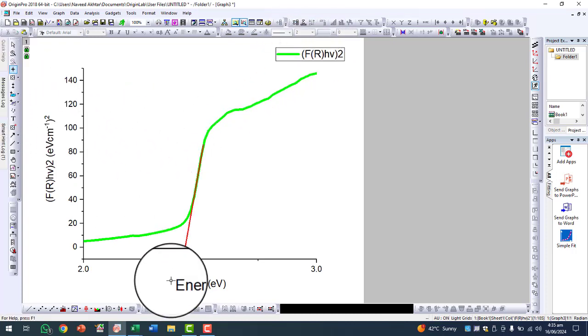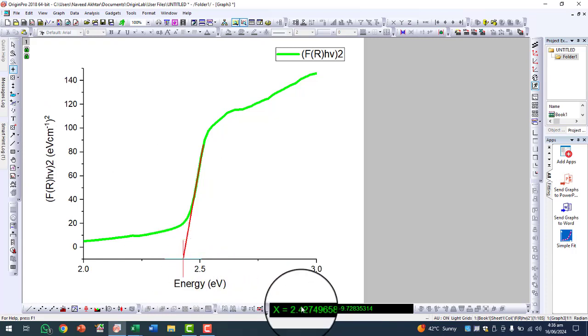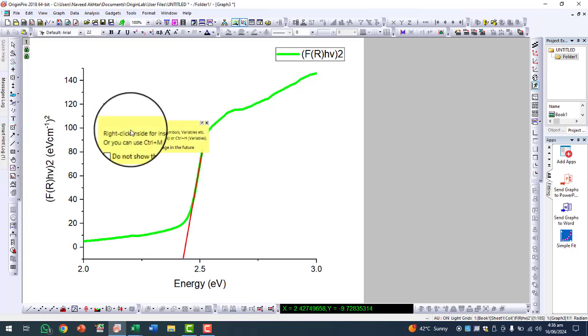Now you can simply select the screen reader and find the value. So the direct band gap energy of my material is 2.42. So you can simply write it here that the direct band gap energy.